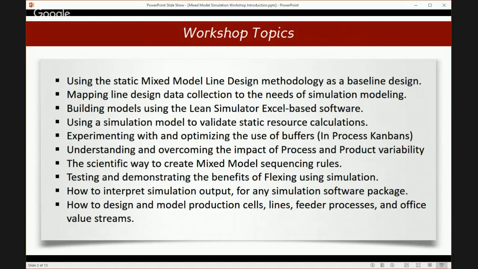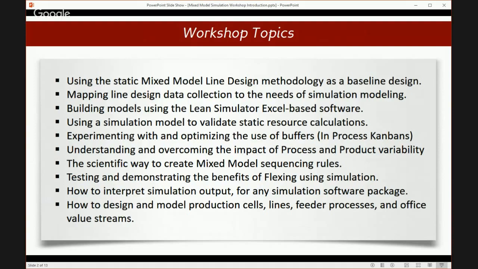And then flexing, how to use some simulation modeling to test the benefits of flexing. And this kind of knowledge that you'll be gaining will apply to any simulation software package. So it's simulation software neutral from the point of view that they all work pretty much the same way, and whatever simulation software you're using, you're going to be looking at the same type of output. The only thing that's different about ours is how you build the model. After that, how it runs and the result it gives, it'll be the same if you use ProModel, Simulate, or SimFactory,